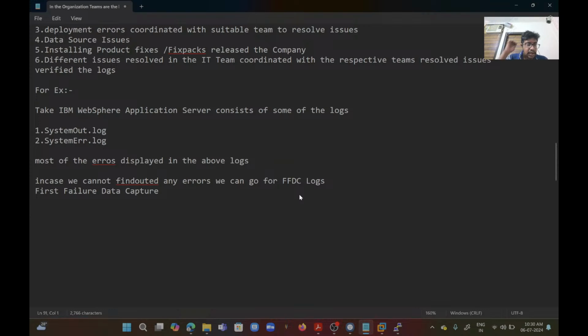Okay, like this, memory related issues are identified in the FFDC logs. We also need to check the stdout.log and the stderr.log, and we can sum up. Okay, server.xml is the main configuration